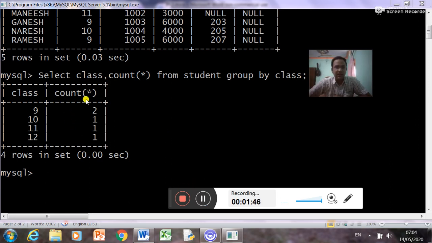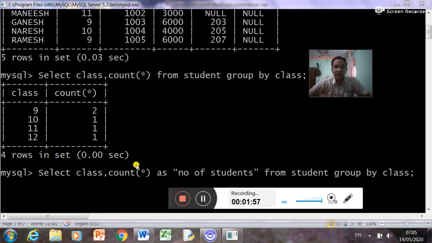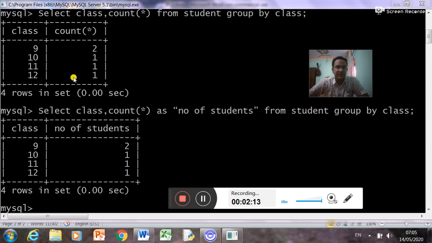Here you can see COUNT(*) is written, or displayed here. We can write here "number of students". For this we will use an alias. So after COUNT(*) we can write AS number of students. So in place of COUNT(*), the column name will be number of students, for display only. So you can see in place of COUNT(*) now we have number of students. This is known as an alias, meaning an alternate name in place of COUNT(*).